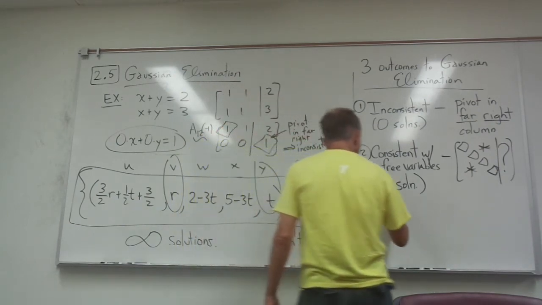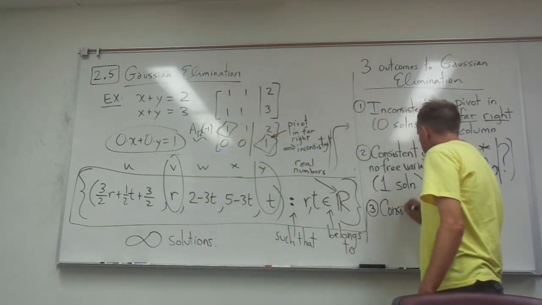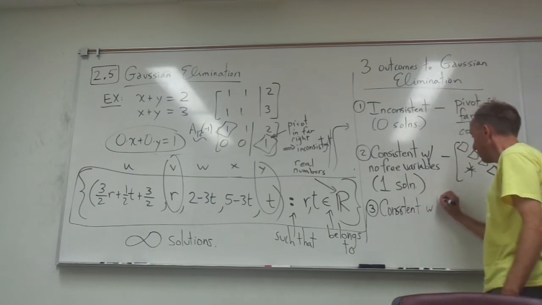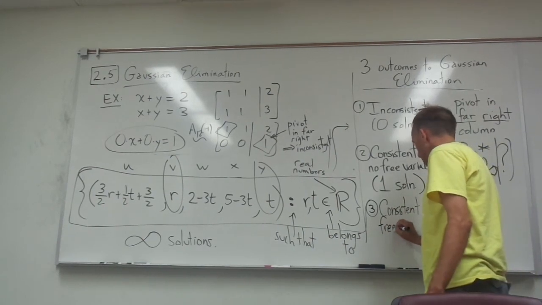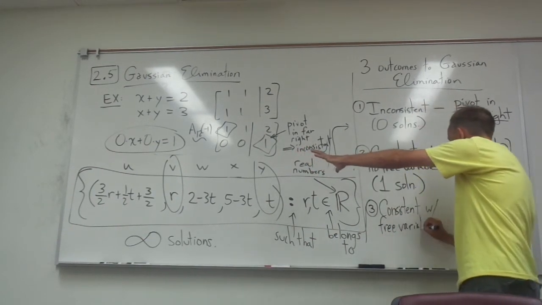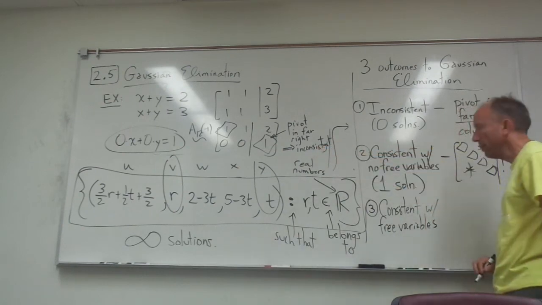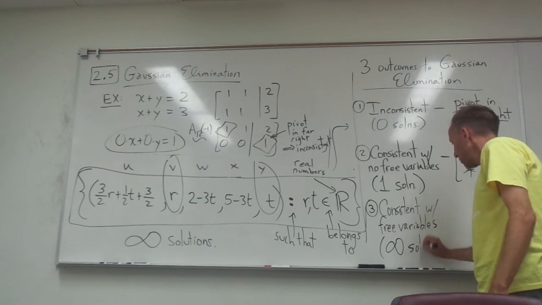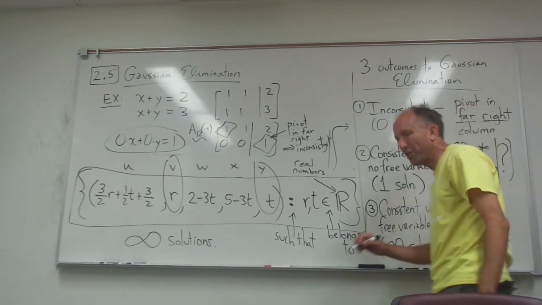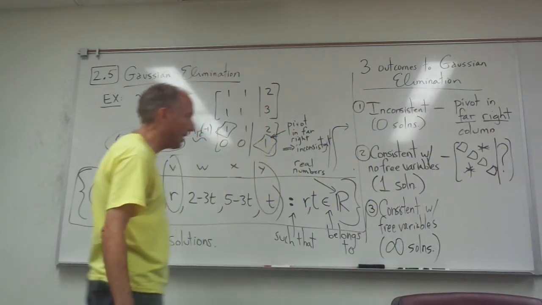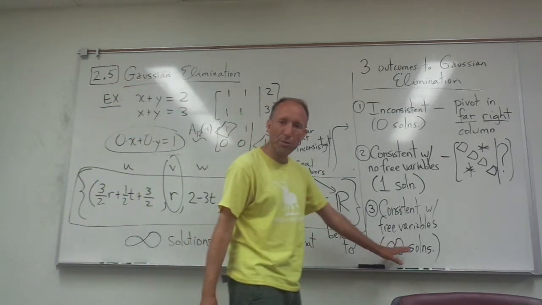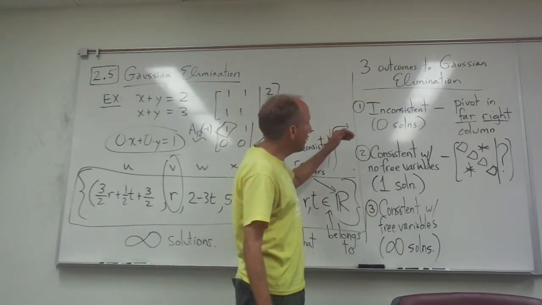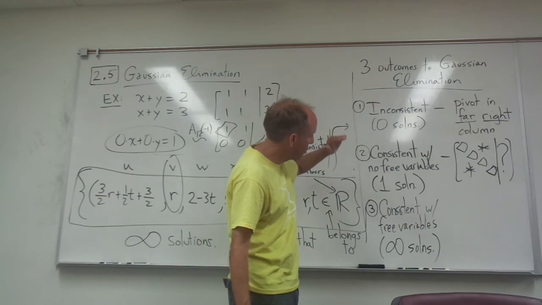And finally, you could be looking at a system that is consistent with free variables. And that's the situation of what we had over here. The minute you have free variables, of course, you have lots of solutions because you get to choose those variables freely. You get infinitely many solutions. So every linear system has either no solutions, one solution,